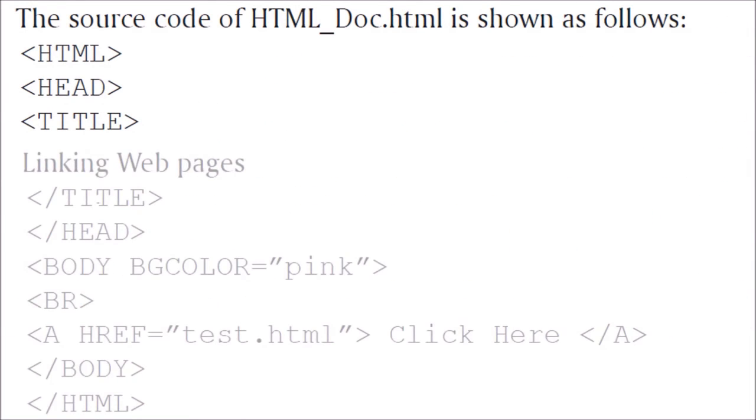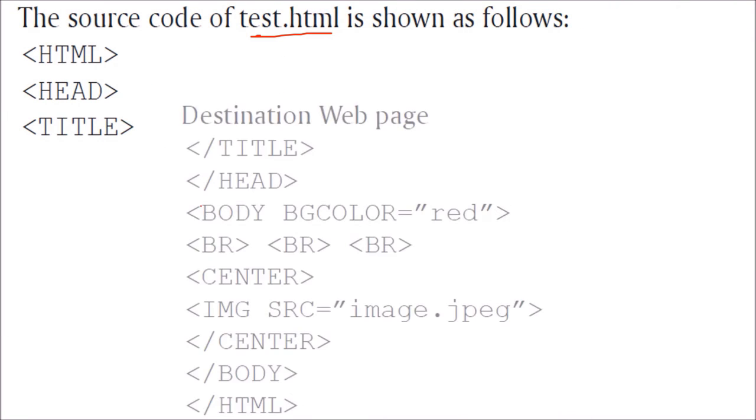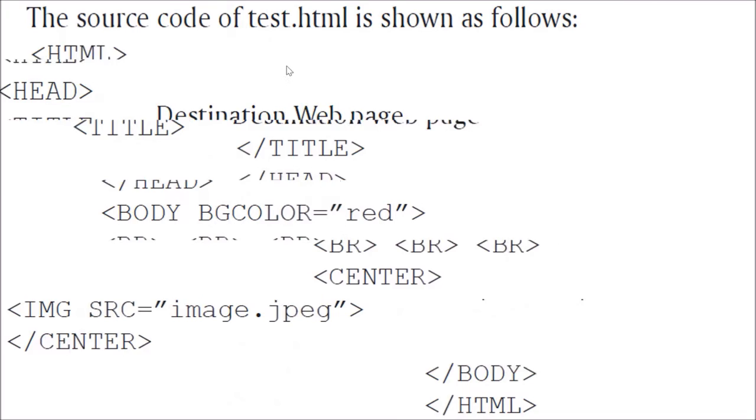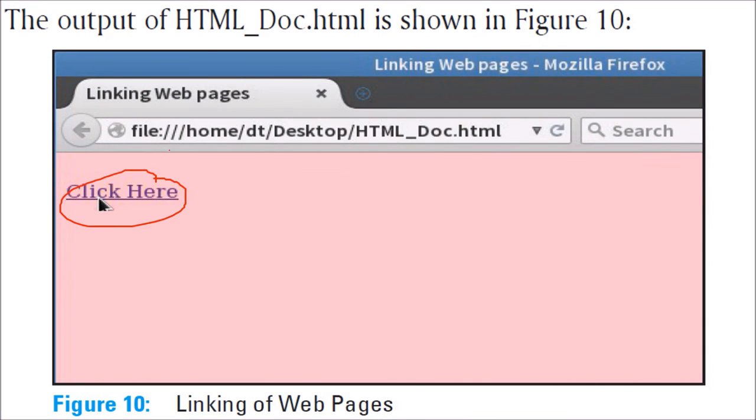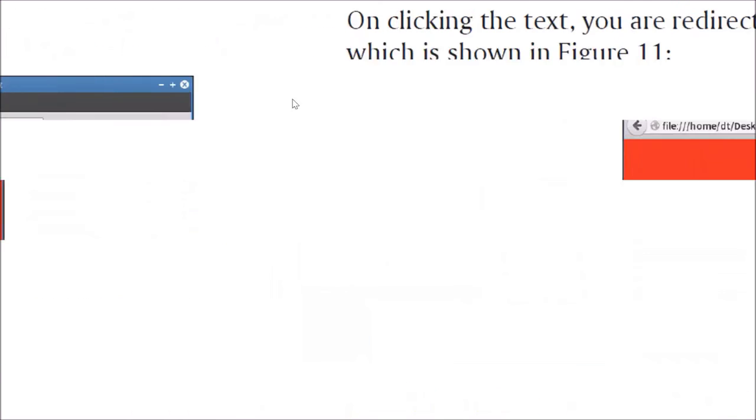So this is a code which shows that we have an HTML page which has an anchor tag which is saying test.html. When you click this, click here, then you will be directed to this test.html. Let us see test.html. This is test.html. We have done nothing, just customary things, body and some image we have given. So when you click here, the second page will open. That is, test.html will open. This is how we hyperlink the page. We link or navigate through the web pages of a website.